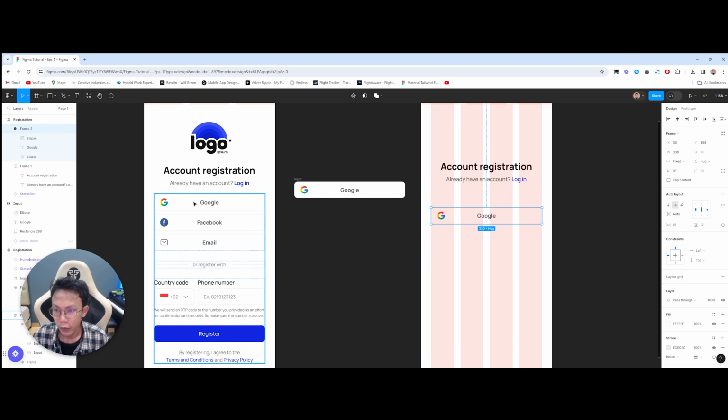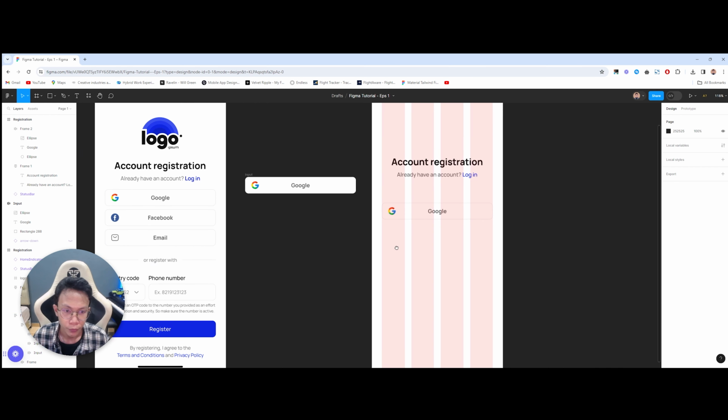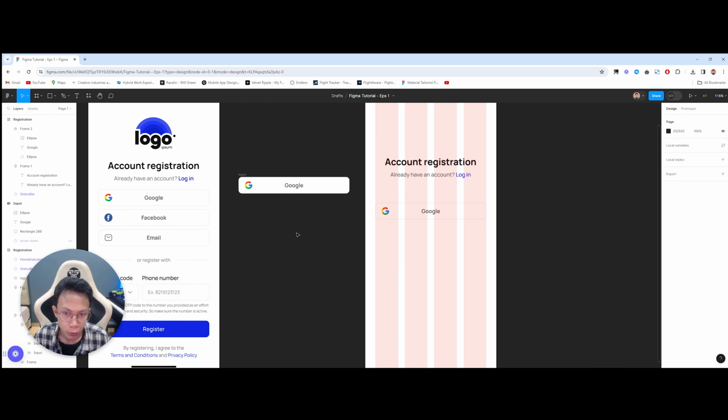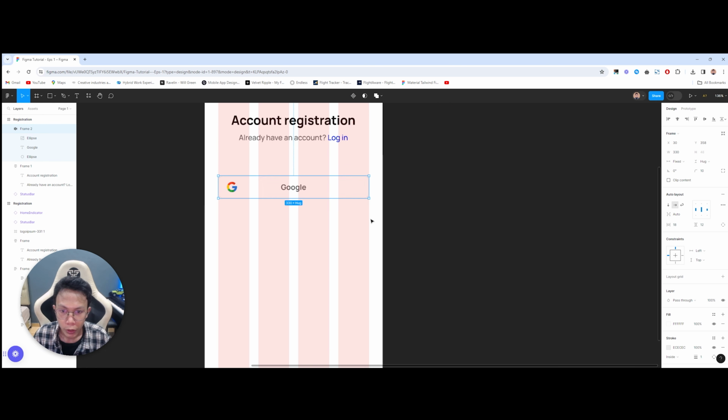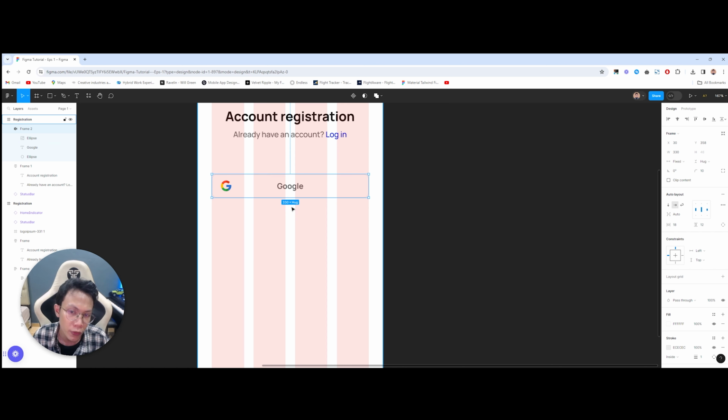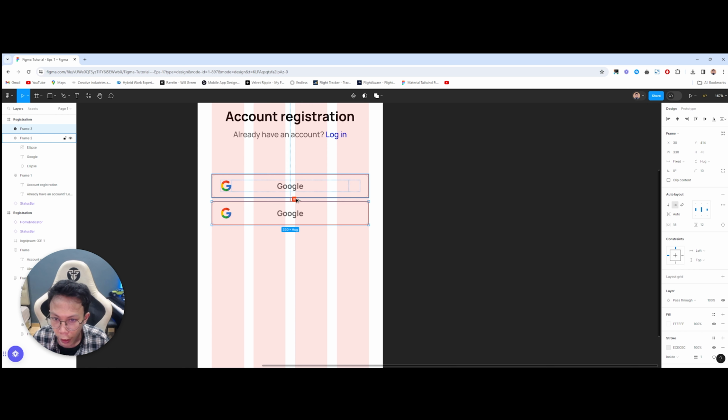As you can see in this design, we have Facebook and email. We don't have to work on that from scratch again. Let me just remove this. What we can do is actually, remember Ctrl plus D to duplicate, or Command plus D. If you can see this red thing,